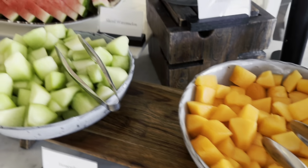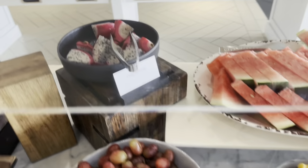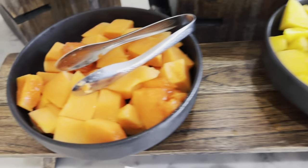Okay, so we're gonna go check out this buffet. It's $46, I believe, for the buffet. But it looks amazing of what Mom brought. So I wanna see what it looks like. So we have all of this gorgeous fruit. Oh my God, look at this. They even have dragon fruit. Look at that. Mango, papaya,